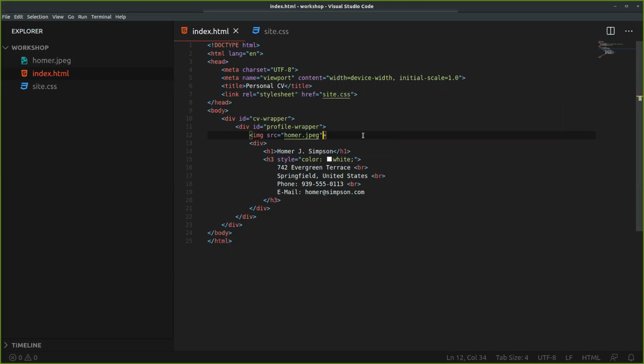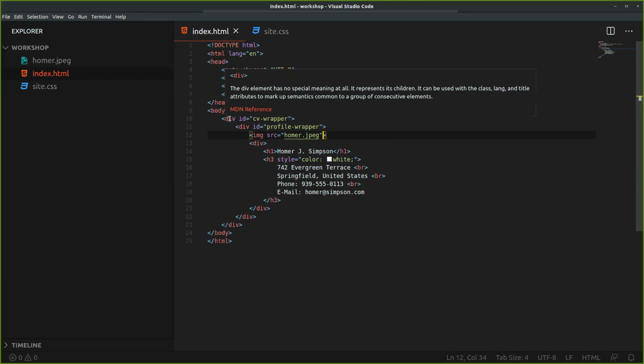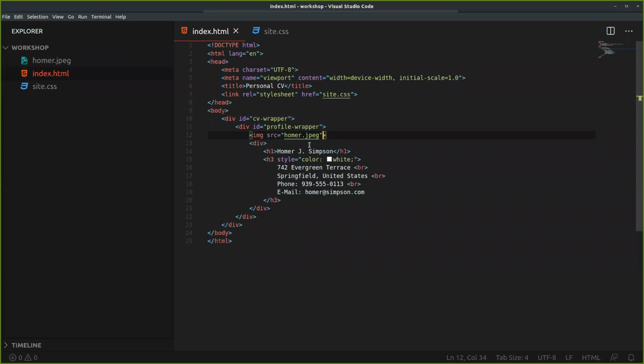This is known as the parent-child concept within web development. So the body is the main parent, and the body has different children. However, the children can also have children, and so you can define some sort of a family tree within your web document. What's really nice about this is that when you're working with CSS selectors, you can use this functionality to your advantage. So instead of giving the image tag a specific ID or class,